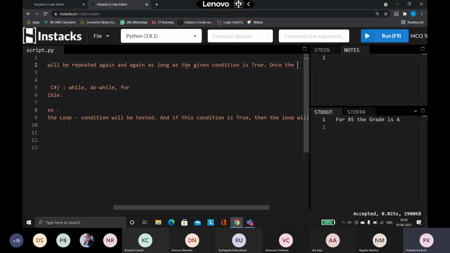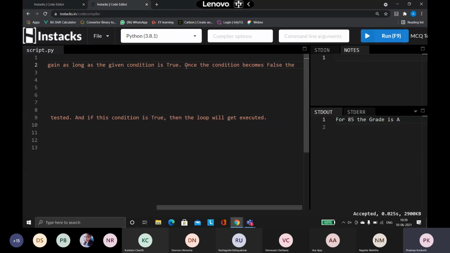Once the condition becomes false, the loop will stop its execution.